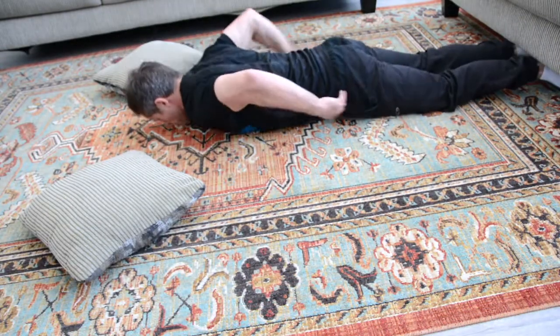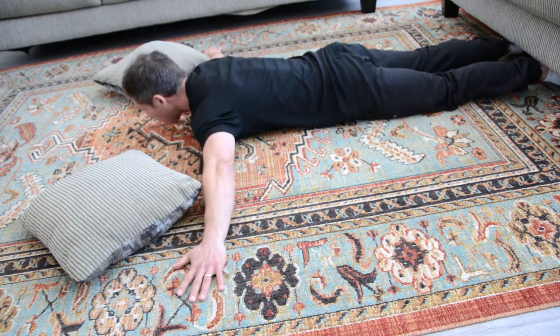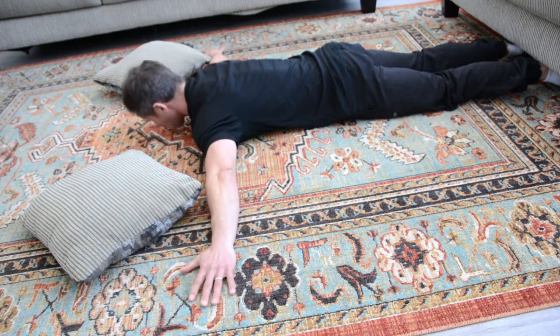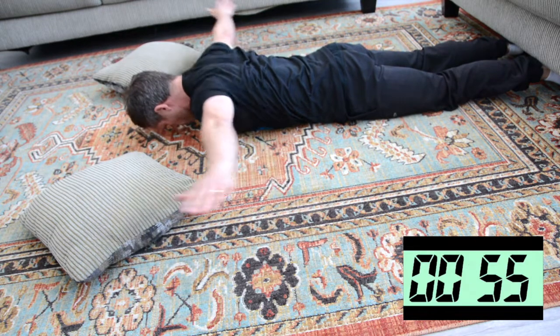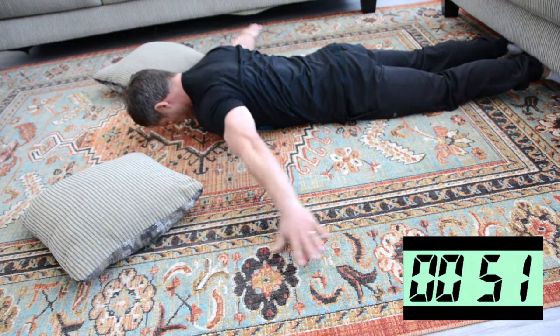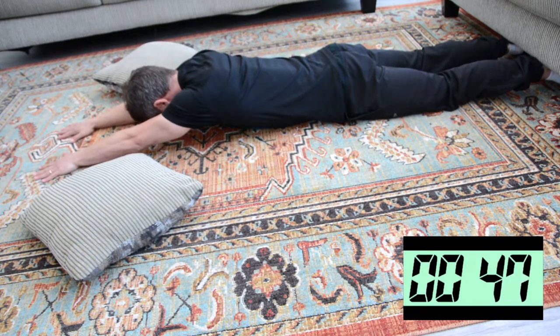Starting off, we have our prone snow angels. So we'll go and set 2 pillows diagonal of our head, starting flat on our stomach, keeping our legs on the ground. And we'll be on in 3, 2, let's begin. So raising our arms up, bringing our biceps towards our ears, and then our arms back out to our sides as we lift and raise, keeping our eyes to the ground, our neck neutral, and again, keeping our legs flat